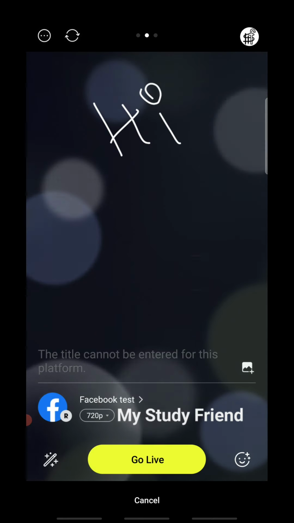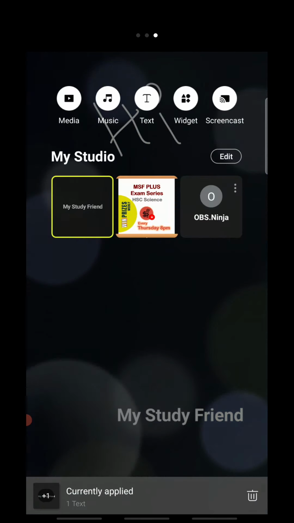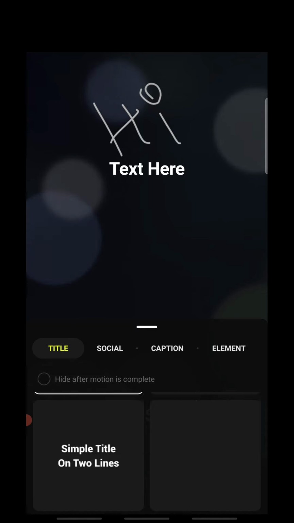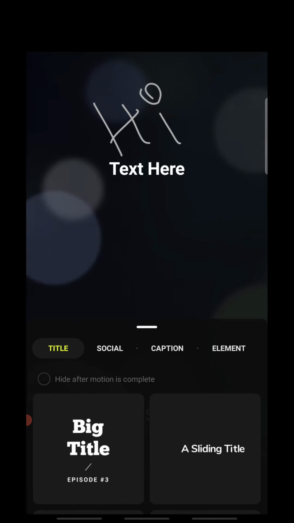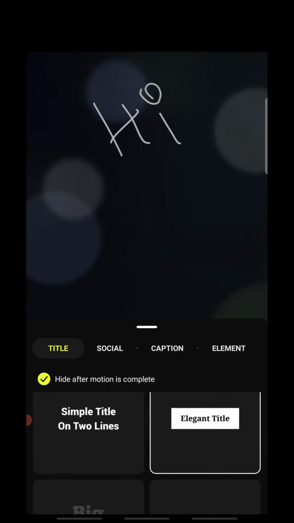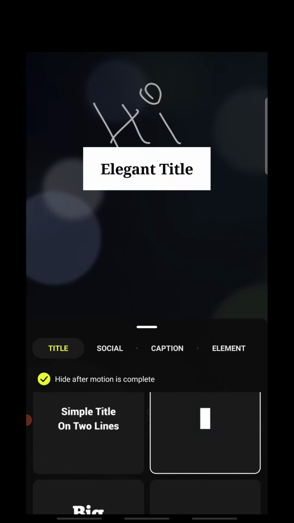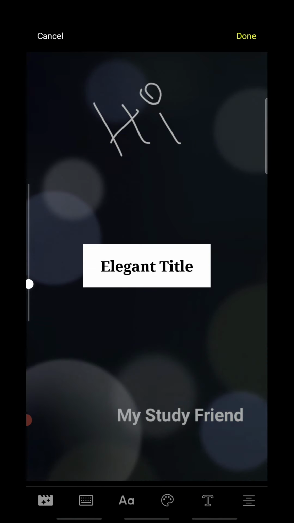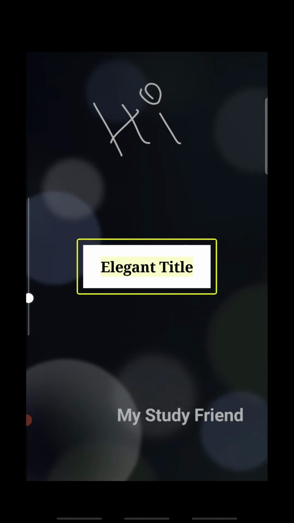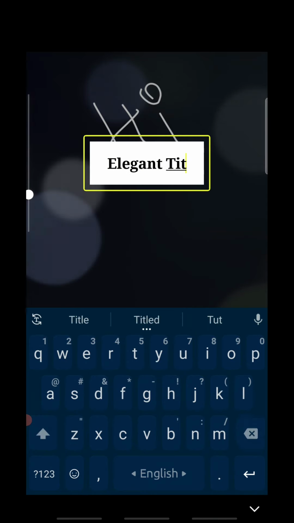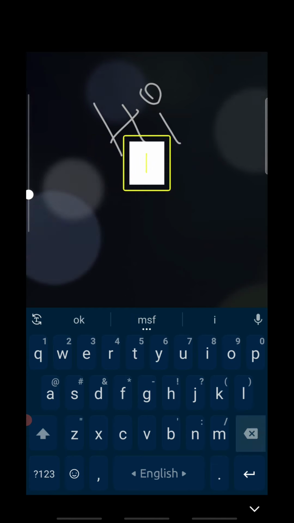You can also add some animation on this text. See, here are some animations and different options. So let me show you one of them. If I choose that elegant option, elegant title, so this title will be animated. That means it will move and show some effects.